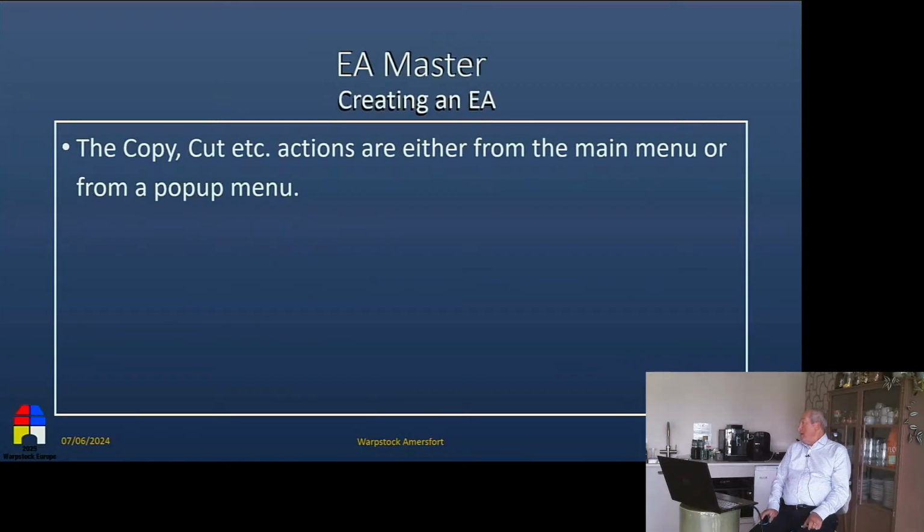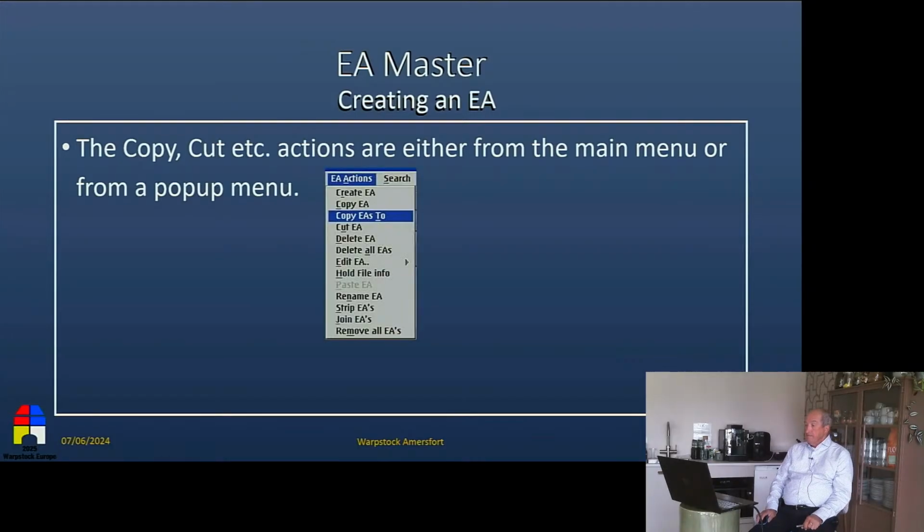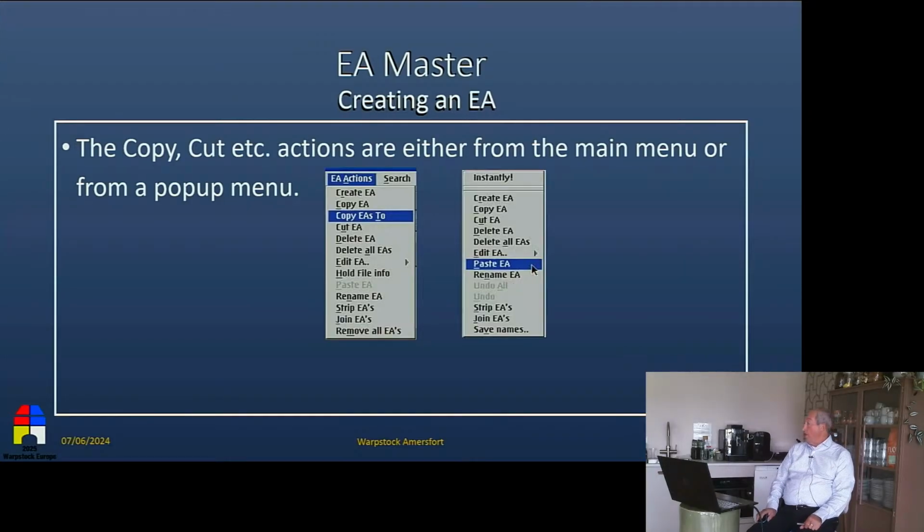The cut and copy actions can be from the main menu directly. So EA actions, and then you select what you want to do. You can see you can do almost everything there, but you can also very simply, using the right-hand mouse button, get a context menu, which is almost the same.